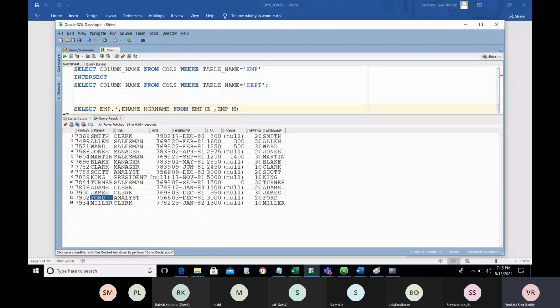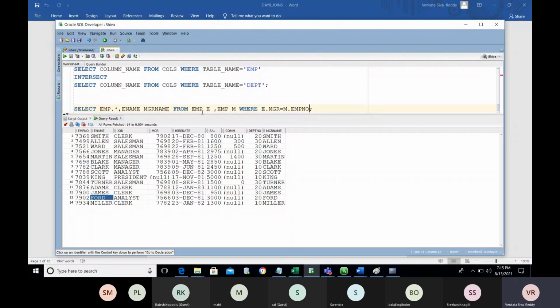Now I am going to use the condition: employee manager number equal to manager EMP number. So the manager table is the EMP table.